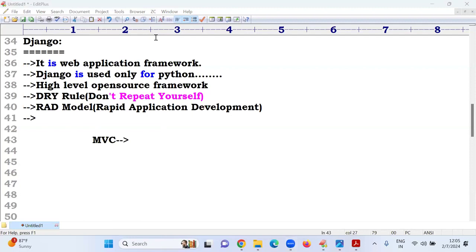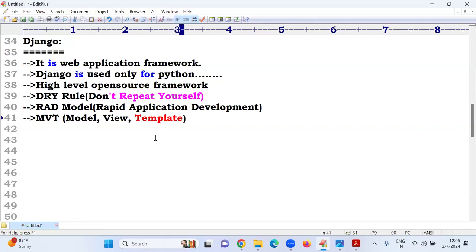That is one of the design patterns. Model, view, controller. But Django follows the MVT architecture, sir. M for model, V for view, T for template. If you know these three words, your Django is completed.